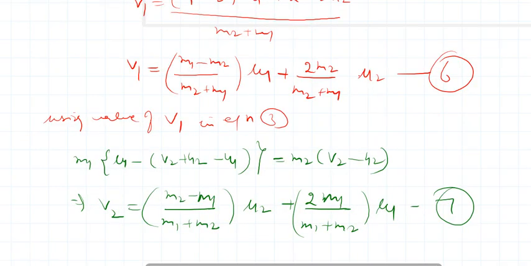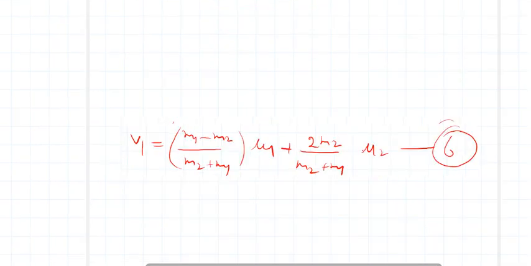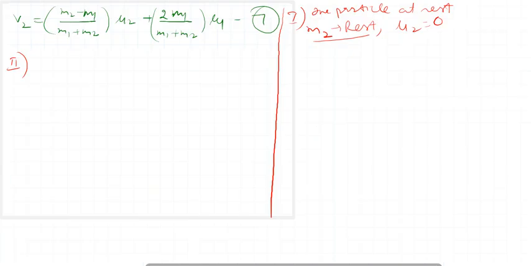It's the next page, right? So let me try to write it down as well. And the value of V1 will be,